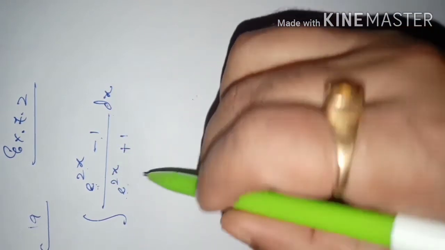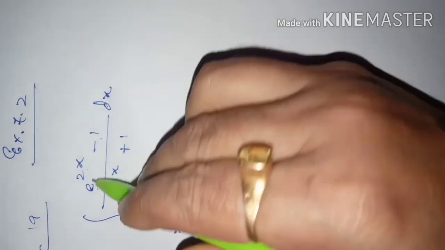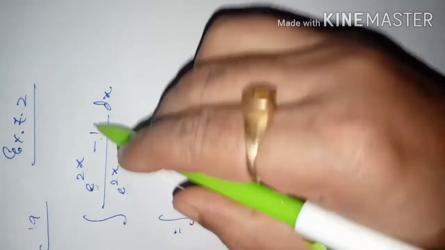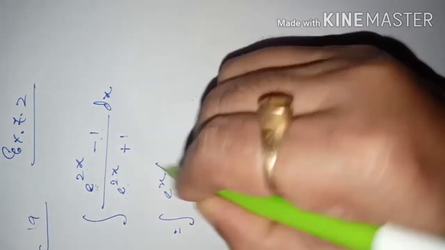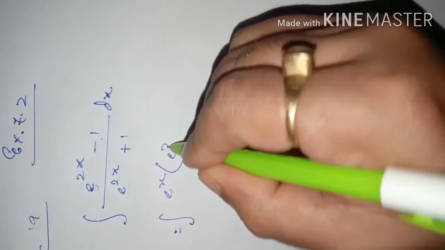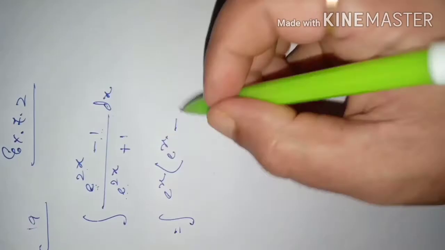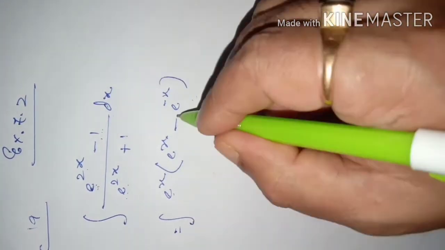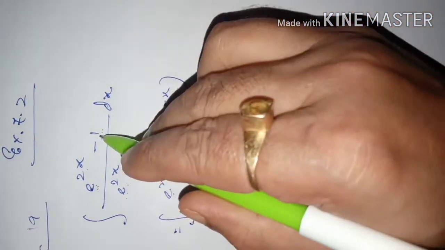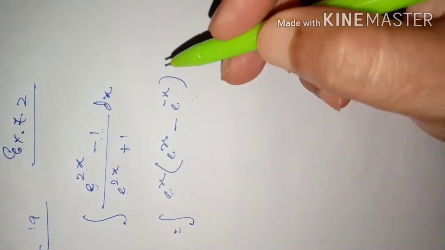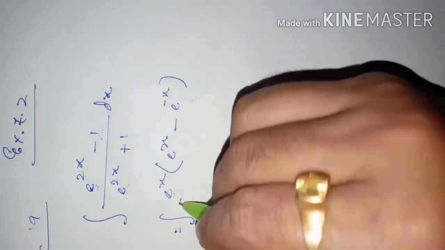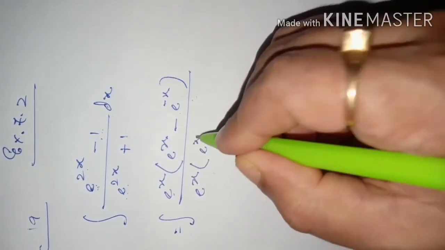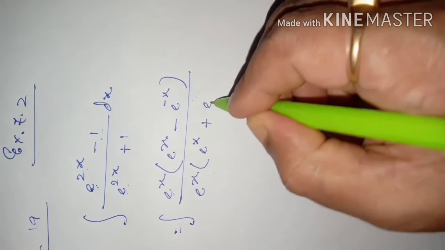So then we can do one thing. If we divide all these terms by e to the power of x, or you take e to the power of x common, then what will be here? e to the power of x minus, since it was 1, you have to write e to the power of minus x, because e to the power of x into e to the power of minus x will give you 1, since x minus x is 0 and e to the power of 0 is 1, divided by, in the same way here also you take e to the power of x as a common factor, then it will be e to the power of x plus e to the power of minus x.